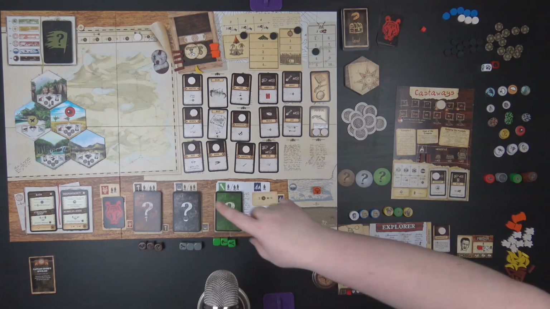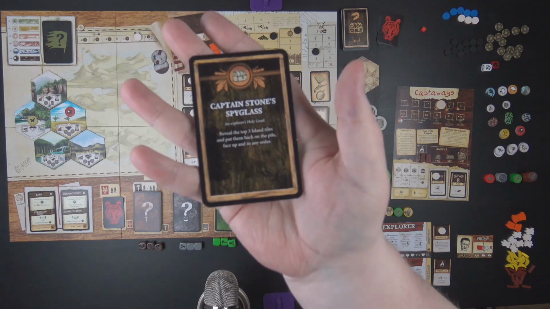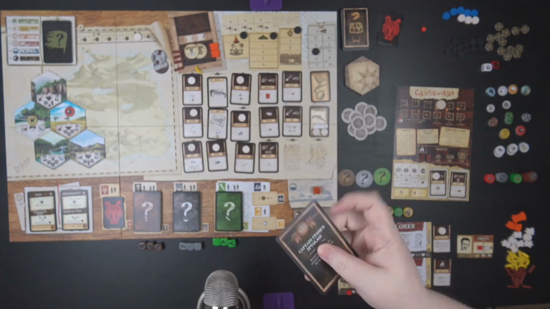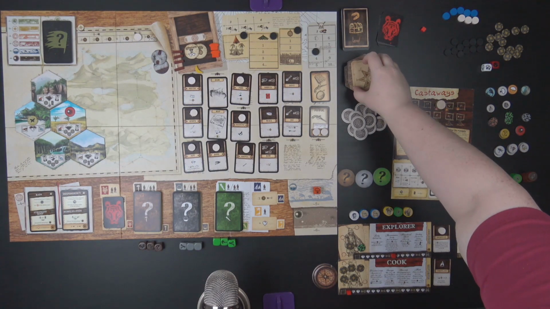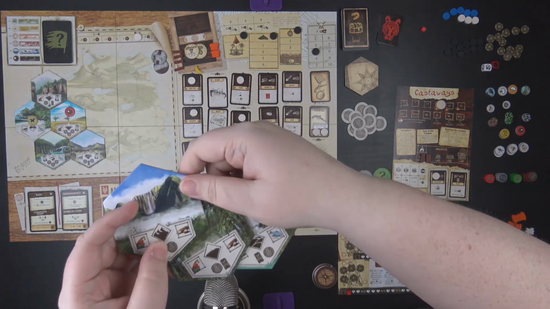So we've mentioned exploring. Actually, we should use our spyglass now. So we got this spyglass at the end of last turn. It was in the mystery box, where we can look at the top 3 island tiles and put them back on the pile face up and in any order. So let's use that now. We're going to have a bit of a scout around and see what is coming up. So the next 3 island tiles are...